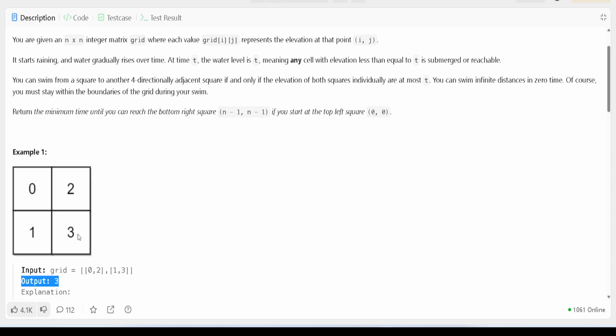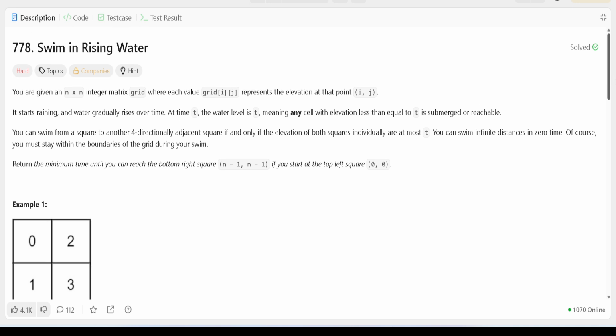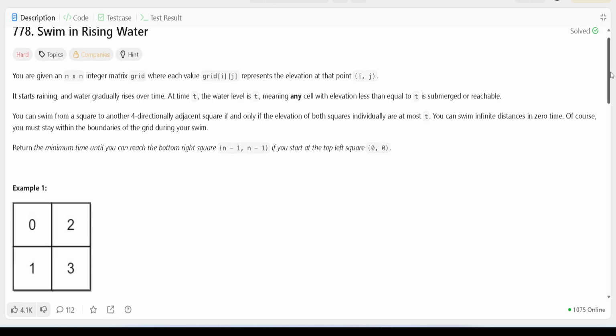Among all the possible paths from start to end, you want the one where the maximum height along the path is minimum. That is our minimum path problem. So this type of problem is called a minimum path problem. It is nothing different from others, but this is the minimum path. So when we find a minimum path problem, we want to go to the